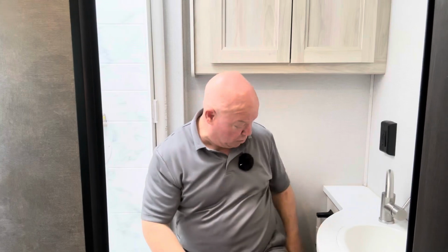And then as I sit down, what I do like about this, which I don't have in mine, of course, is leg room. Leg room, a little space to move around. I'm not cramped. Essentially mine, my wall is right here and the sink is right there. It's pretty tight because we had a separate shower. We've since then changed that. Behind me is the toilet paper, of course, and then we got storage underneath the sink. Nice vanity mirror here, storage above me, toilet as I'm sitting on, and then to my right, that happens to